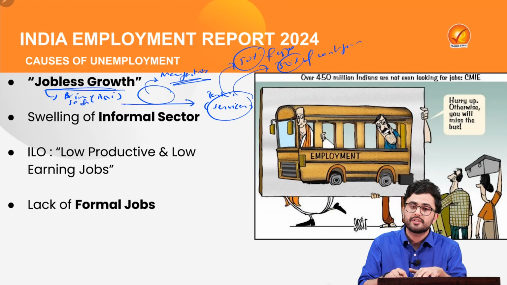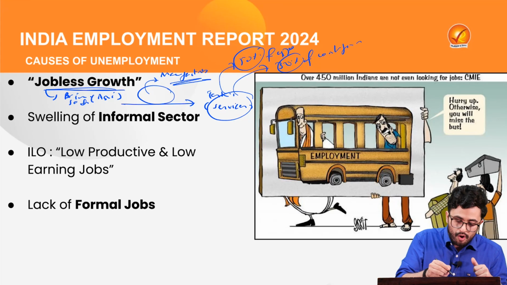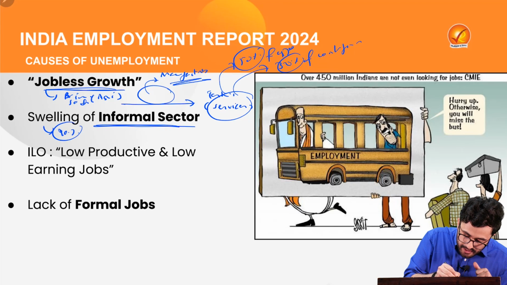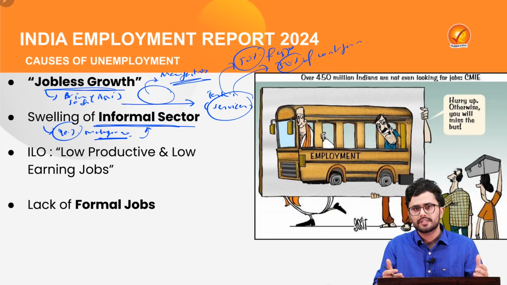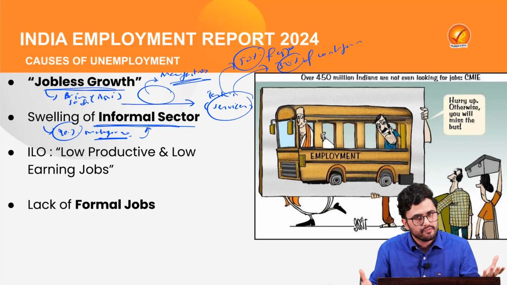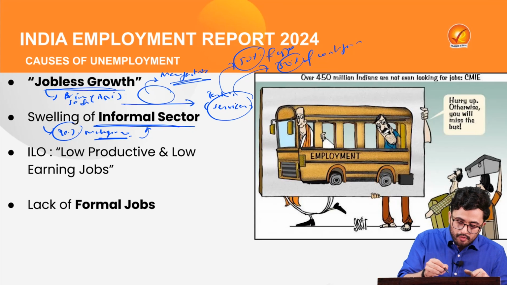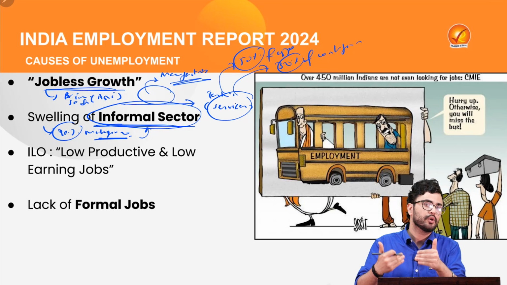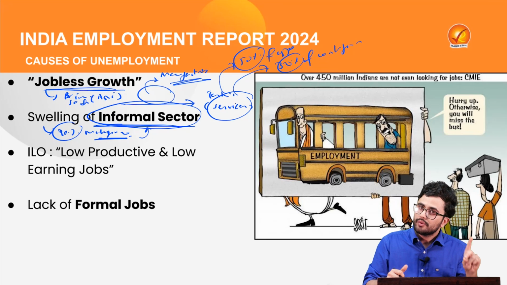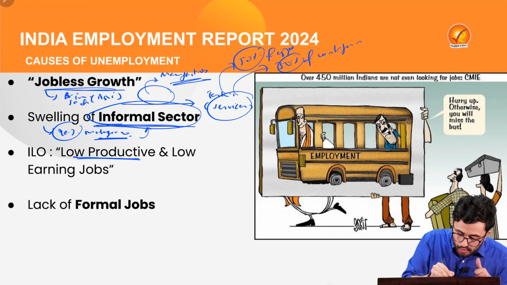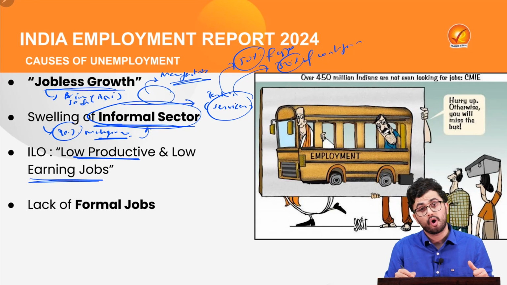Then all these issues have led to the swelling of the informal sector, where currently 90% of our workforce is employed in this informal sector, such as opening a kirana shop, opening a tea stall, street vendors, construction workers, etc. And all of this informal sector falls outside the ambit of any social security net. Thus, according to ILO, even if the job is provided, those jobs are of low productivity and low earning,